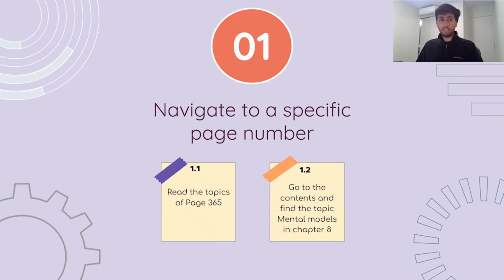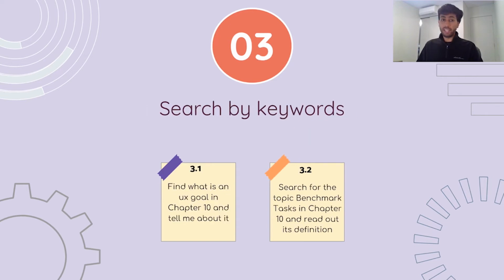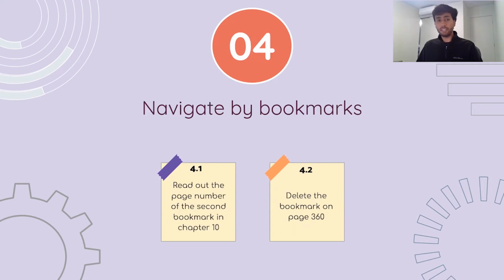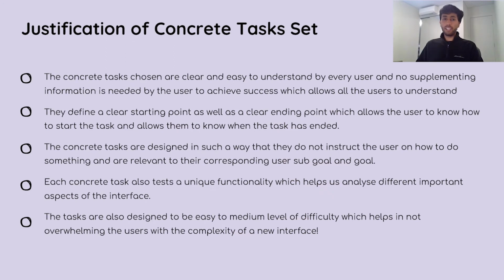Our experiment covers various aspects of a user goal, searching and navigating the ebook interface, through concrete tasks belonging to user sub goals like navigating to specific page numbers, navigating through annotation or comments, searching by keywords, navigating by bookmarks, and navigating to adjacent pages. The concrete tasks were designed to keep users in mind by making them clear, easy to understand, having a definitive starting and ending point, not leading the user, being easy to medium level of difficulty, and covering various unique aspects